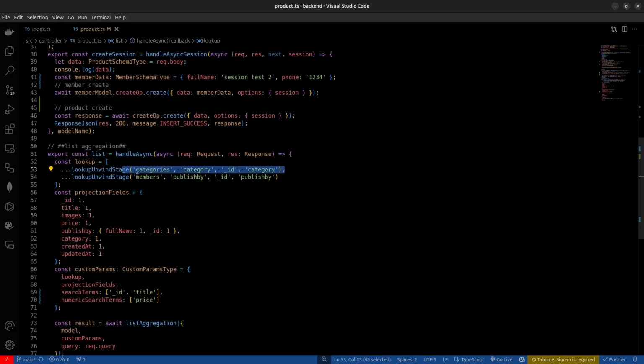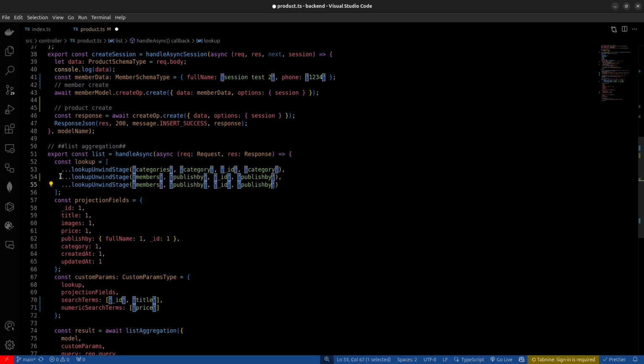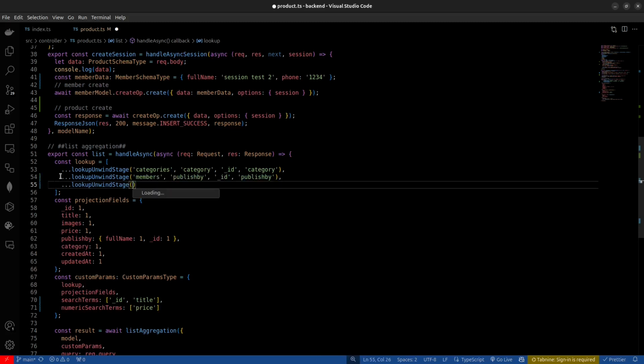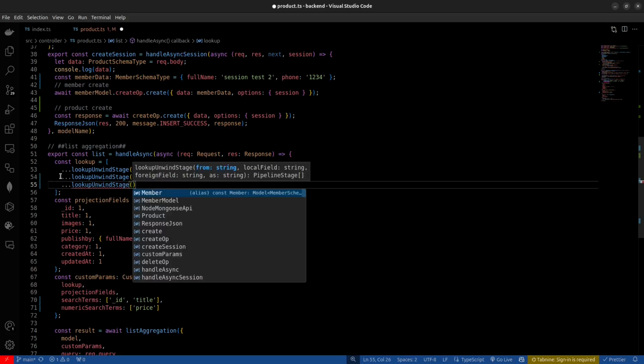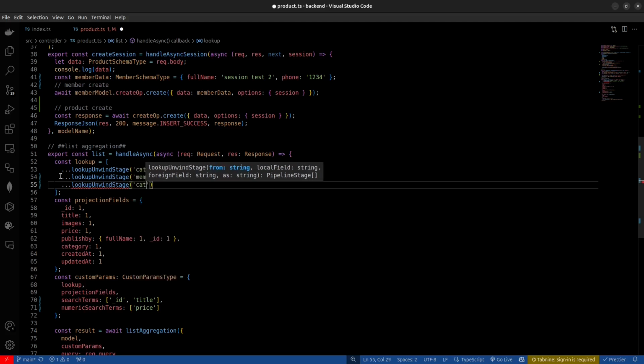So this is the lookup field, and I also apply one more lookup that tells you what it shows me. The suggestion. Like you can see, it suggests to me from collection name. So it requires a collection name from, it means collection name. So I apply from categories. Okay. And second part is local field. The local field, the field in the current collection to match. So what is current collection? The current collection is also category,